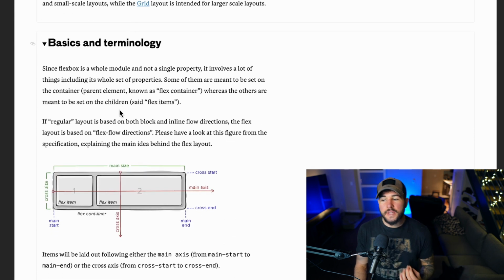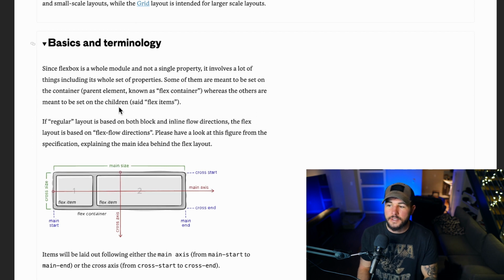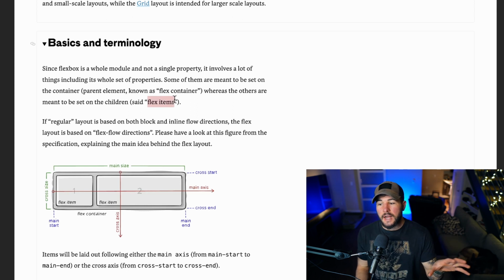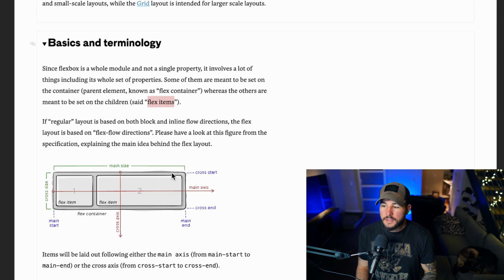Now, there's a few things that are important to know when it comes to Flexbox basics and terminology. So to create a Flexbox, you need to set display flex on a container element. And then all elements within that container element, or all immediate children elements, are going to be considered flex items. So you set display flex on an overall Flex container. So here, this gray background might be your Flex container. And then all immediate children here, like Flex item number 1 and Flex item number 2,